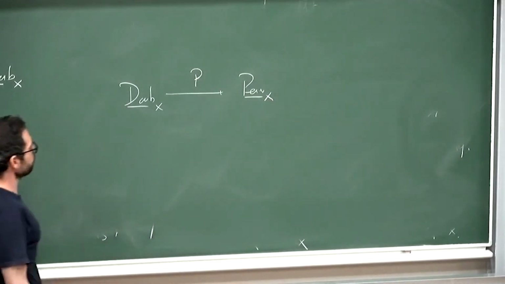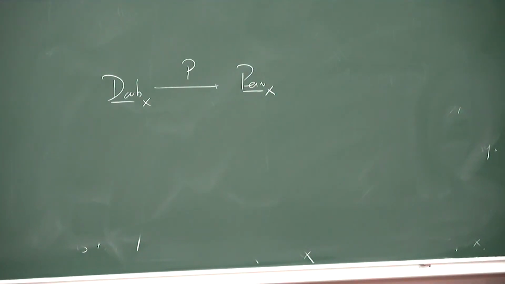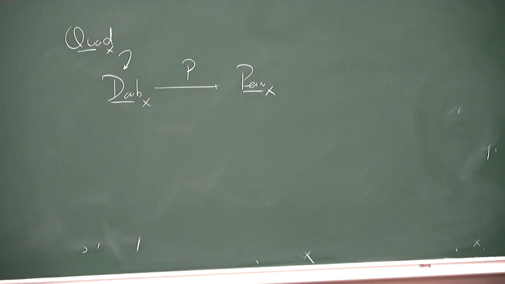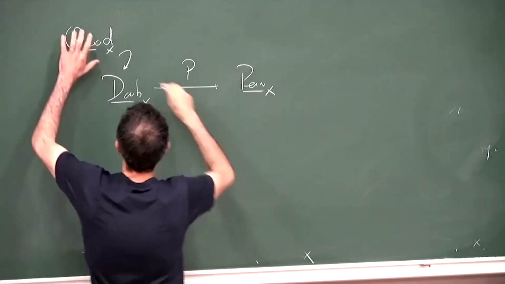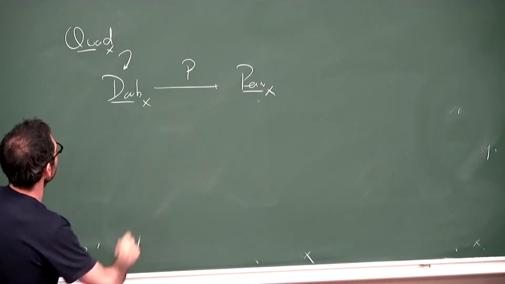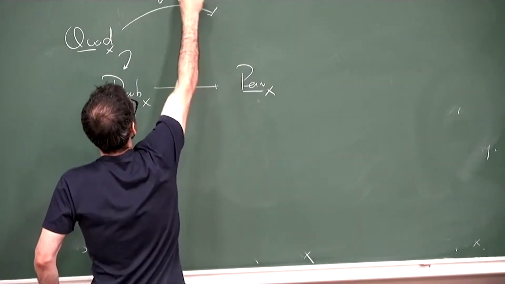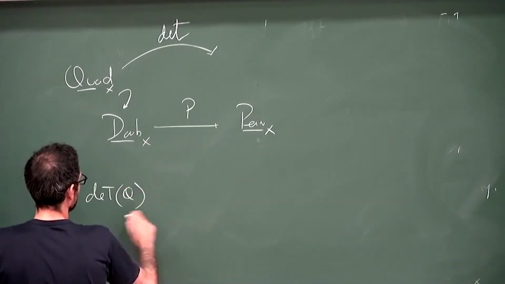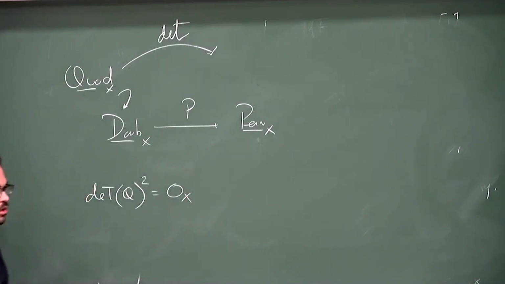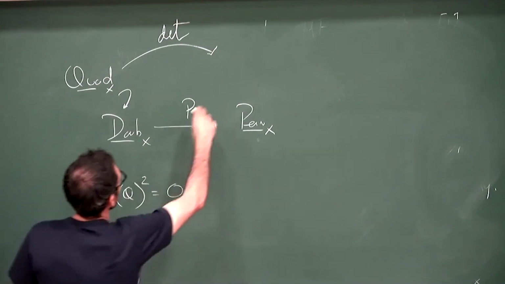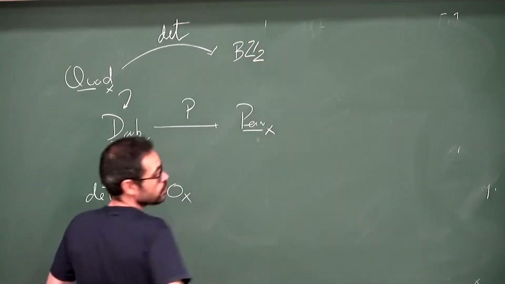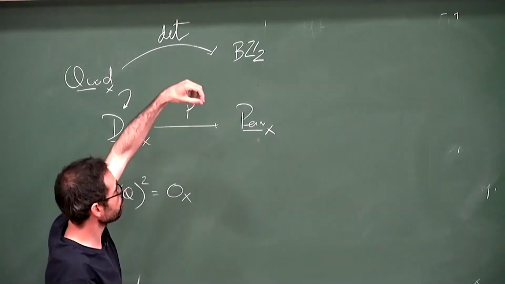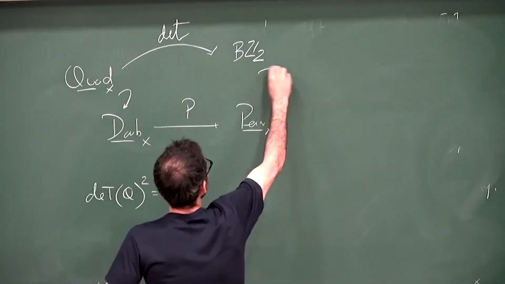So I have this structure sheaf. I have this locally defined perverse sheaf, sorry. And I just told you that I have an action of quadratic bundles here. And actually, this action becomes something else by taking the determinant. If I take the determinant of a quadratic bundle, I get something whose square is O_X. So here, I land inside the copy of BZ2, which is exactly the stack classifying square roots of the structure sheaf. It's the fiber of Gm to Gm. And this acts here.